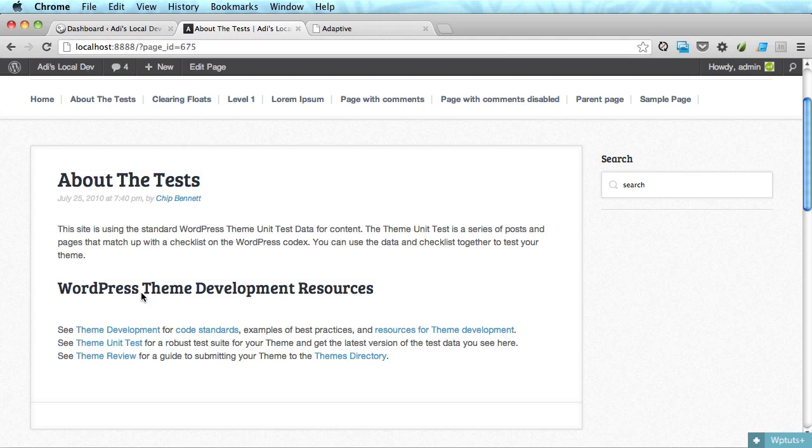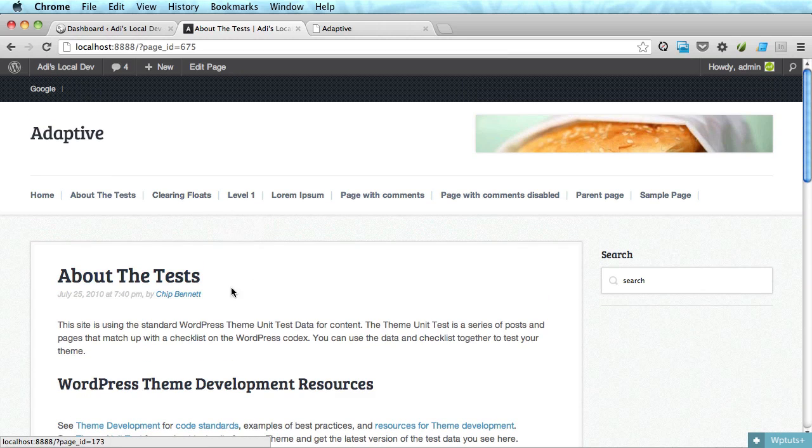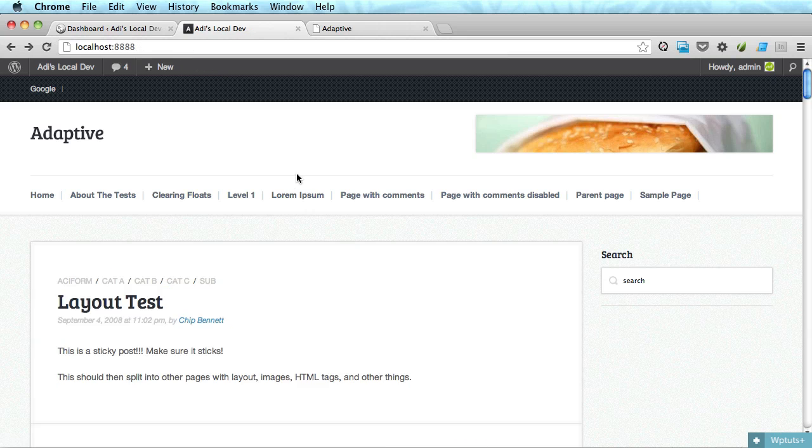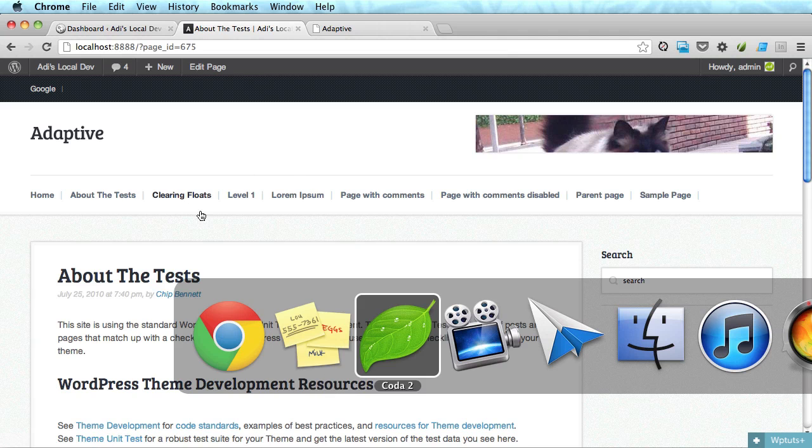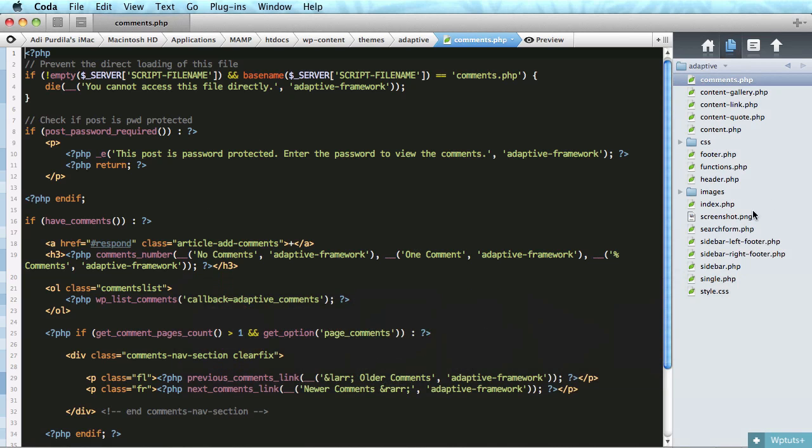And as you can see, we have some extra information here that we don't need, like the date, the time, and the author of the page. When using pages, it's not really necessary. So we've got to create a new template to display these pages differently. Okay, to do that, let's open up Coda, and I'll create a new file called